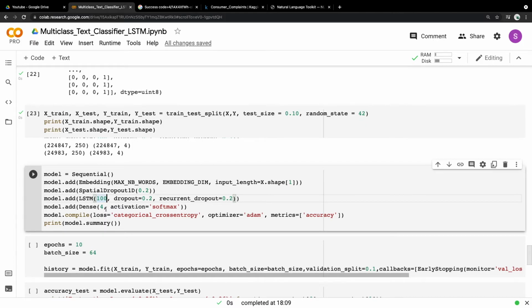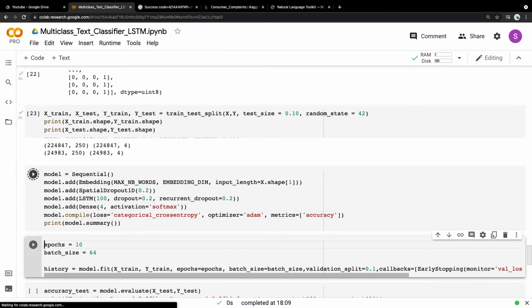And since in the last layer we have only 4 columns, that is we have to check for only 4 categories, we have a dense layer here, and since it's a multi-class problem, we use softmax as the activation function. Then we compile the model and we use the loss as categorical cross entropy, since it's a multi-class model. The optimizer is kept as Adam, and the metric is kept as accuracy. So let's print out the model summary.